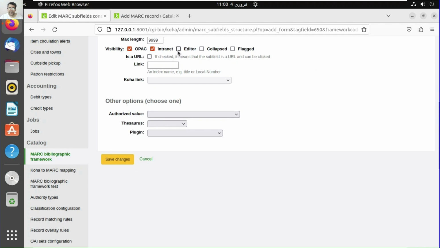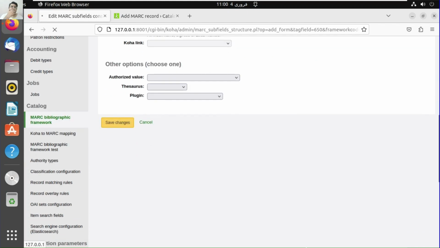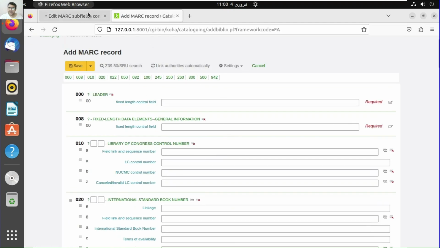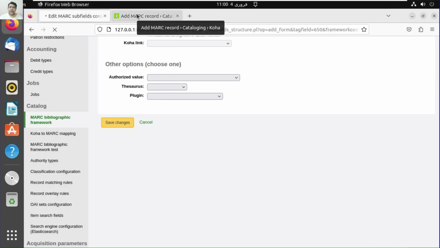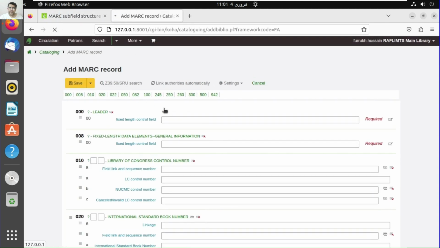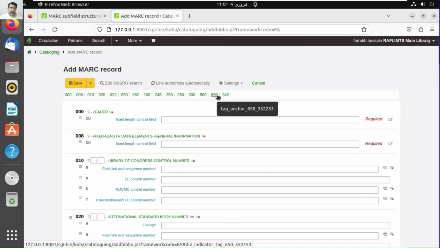Opaque, intranet, editor. See what happened here. See, we have added here